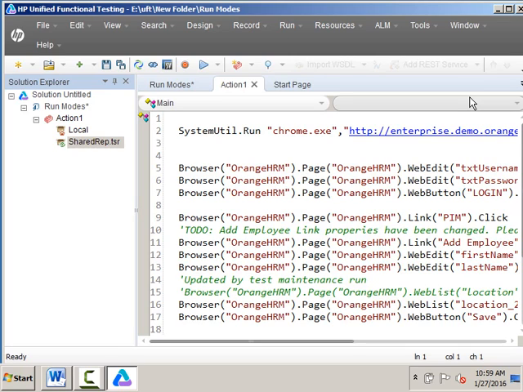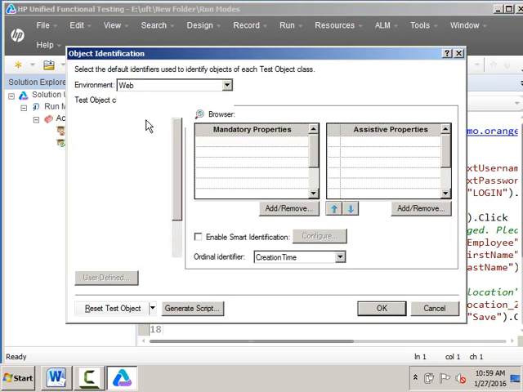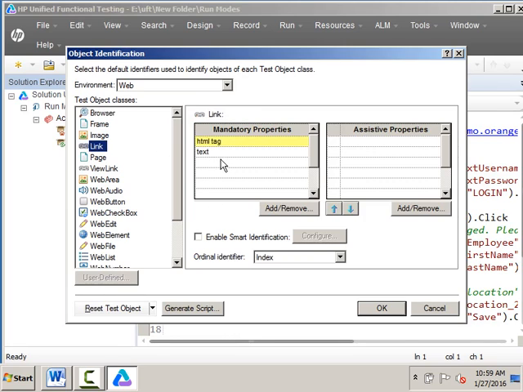Okay, so now what we need to do is, we just realized that some of the objects have some extra properties. Just say like this, I have some object identification setting already done. So for each object I have selected some properties here, right? And according to the properties that I have selected here, the same properties were added to the repository. After adding the objects to the repository, we realized that we have done some wrong identification settings. Then what you have to do is,